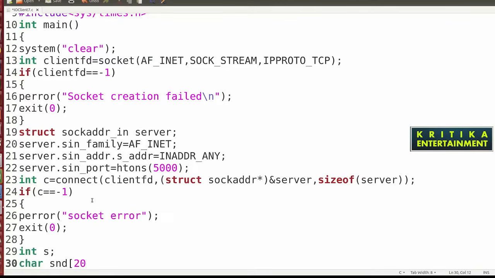I'll show how the server receives multiple messages from multiple clients, then save it.